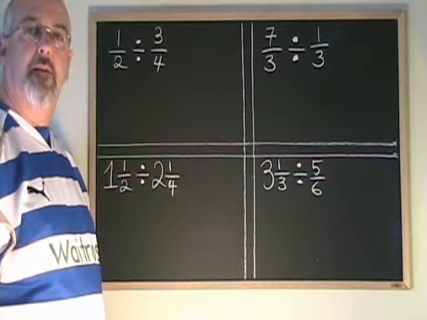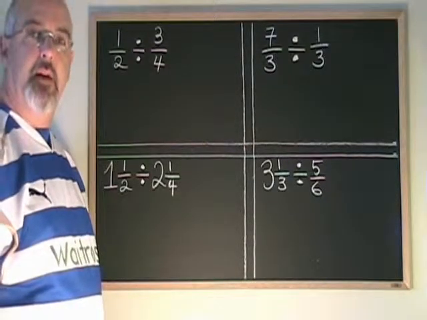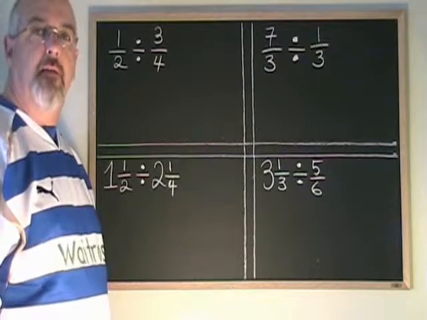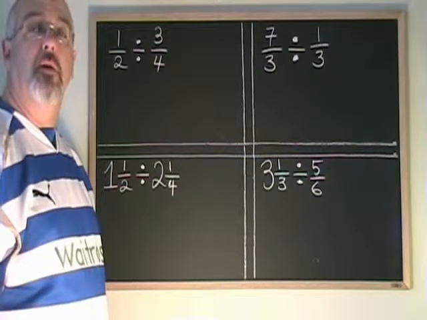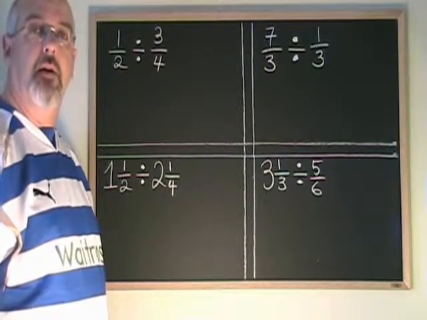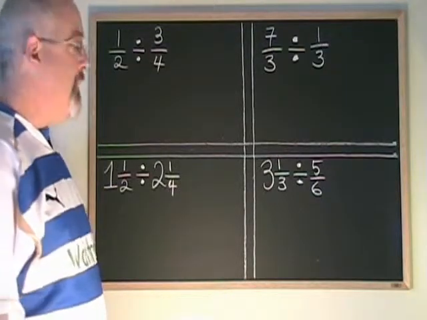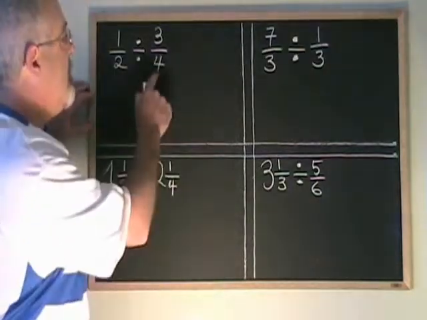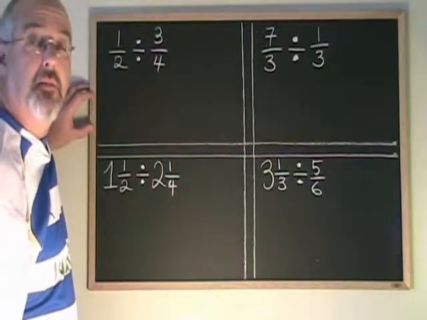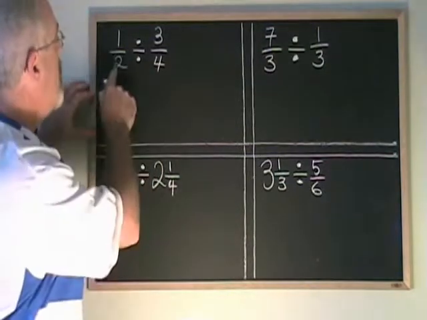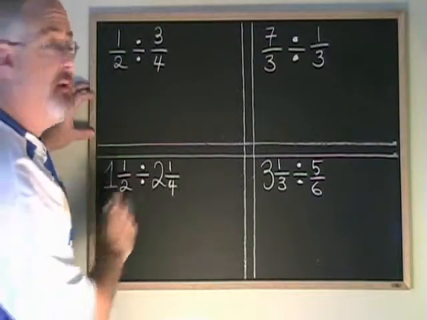Let's take a look at dividing fractions. The good news about dividing fractions is that we already know how to do it if we have learned how to multiply fractions. A quick way to divide fractions is to turn the second fraction upside down and multiply instead. So 1/2 divided by 3/4 becomes